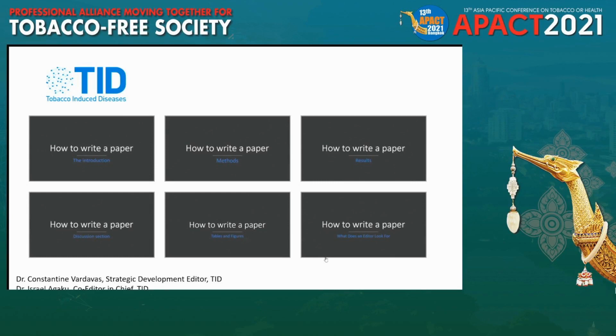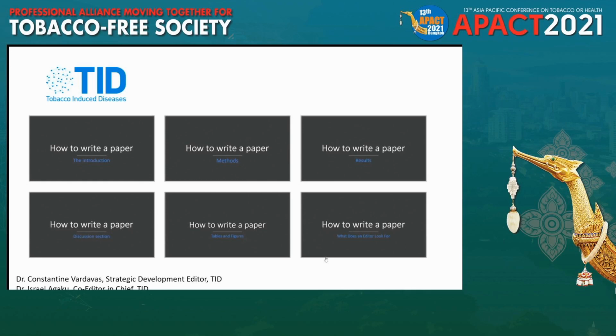Welcome, a good morning from me. My name is Constantine Vardavas. I'm the Strategic Development Editor of the journal Tobacco Use Diseases. Tobacco Use Diseases has an impact factor of 2.6, and its aim is to connect researchers across the globe on